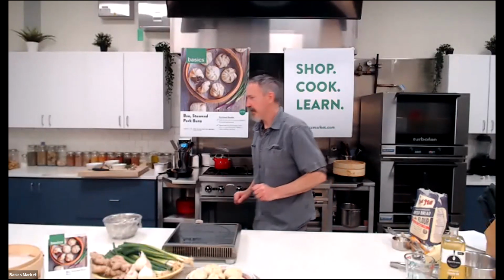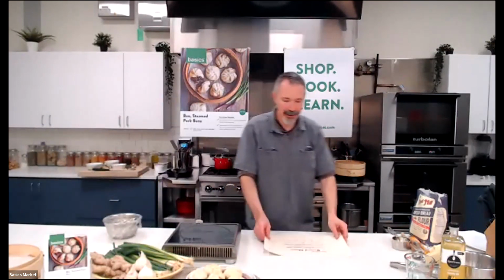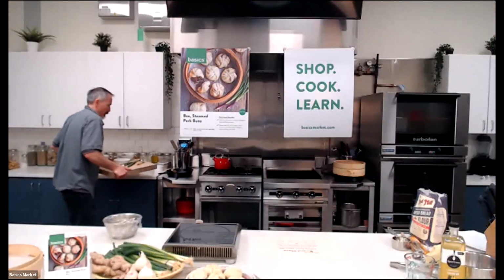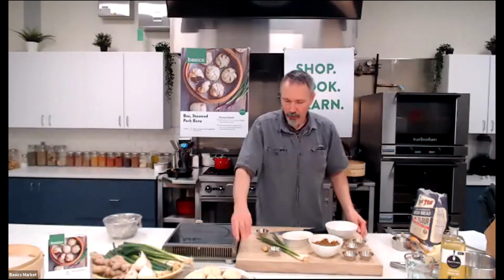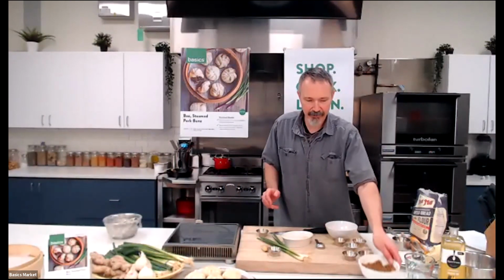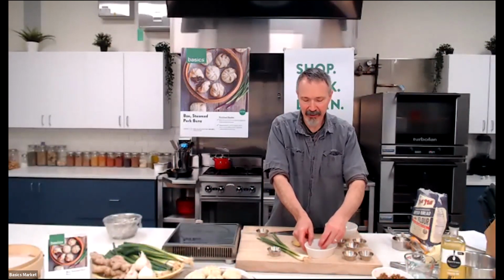So I'm just going to grab my cutting board, and I'm putting this anti-slip mat down first. And a wet towel also is always a good idea for anti-slip. All right, so that's a spoiler alert there. That's some finished stuff. So anyway, so what I have here is some garlic, and the garlic is soaking in